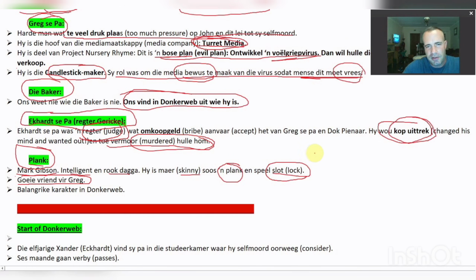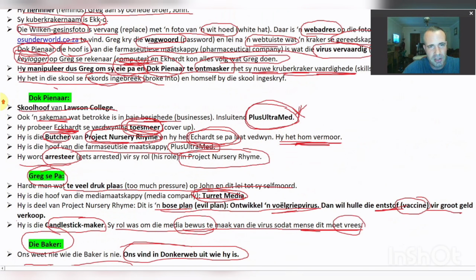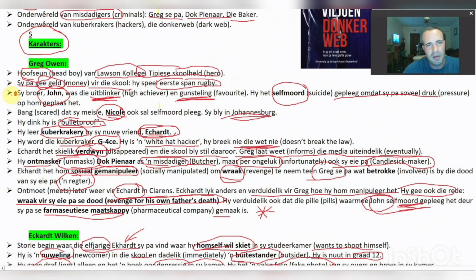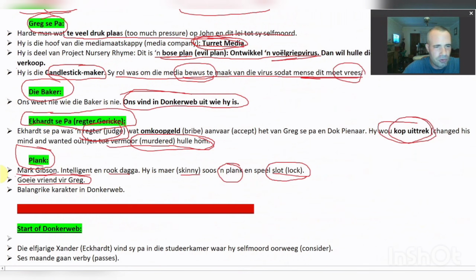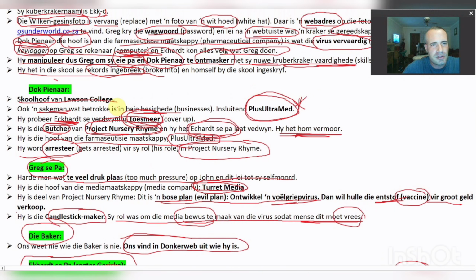There are many other characters, okay, not as many as there are in Onderwêreld. As in Donker Web, I mean, sorry. Onderwêreld, the first book, has lots, okay. This is the essential stuff that you need to know. I don't think you need to know any more about Onderwêreld than this video and these notes can show you. That is then the end of Onderwêreld, and